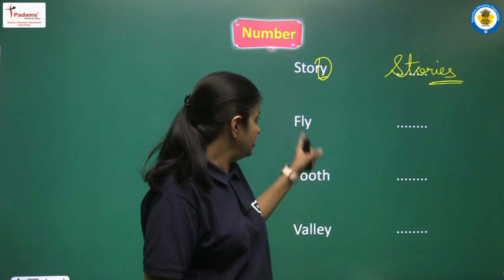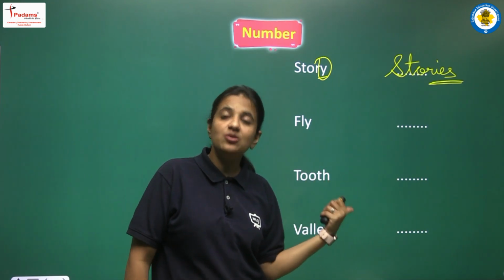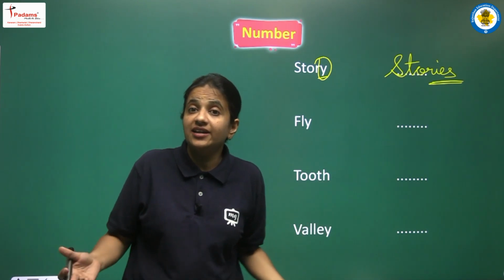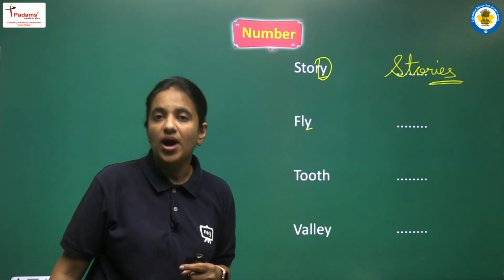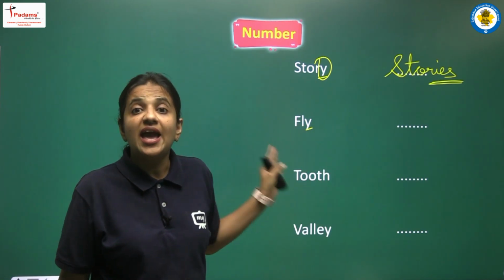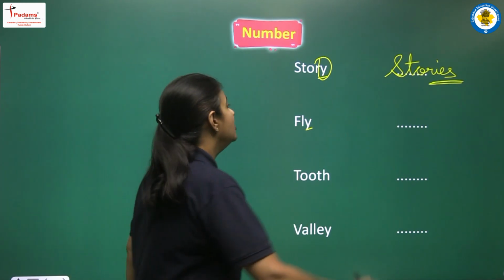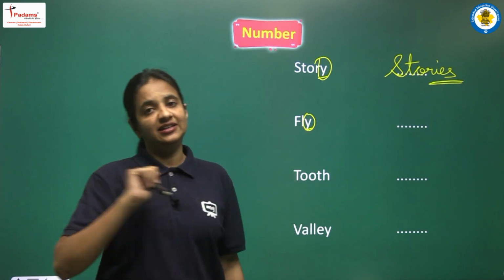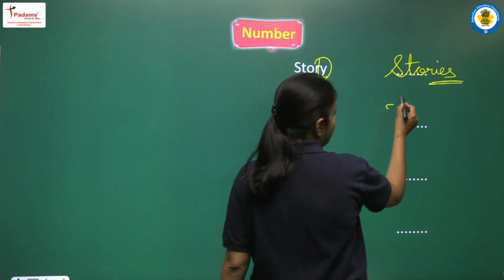Alright. Next we are having fly. So students, don't get confused. This fly is not the verb, but this is a noun. Fly means one of the insects, right? So here also we have to see the last letter, that is Y. Before Y we are having L, that is one of the consonants. So the same rule is applicable here. We have to remove this Y, and in the place of Y we have to add IES. So it will be flies,